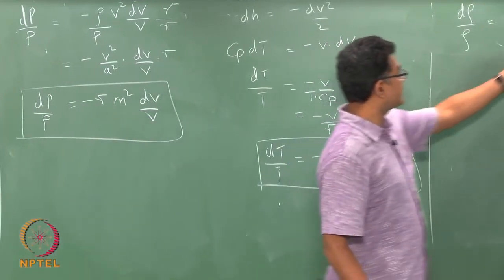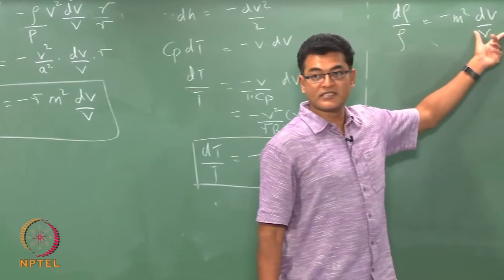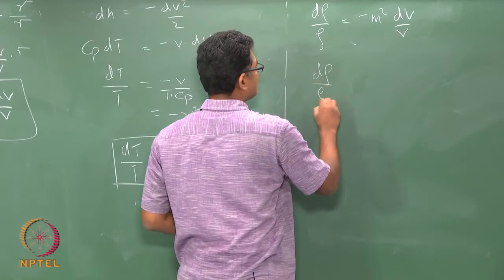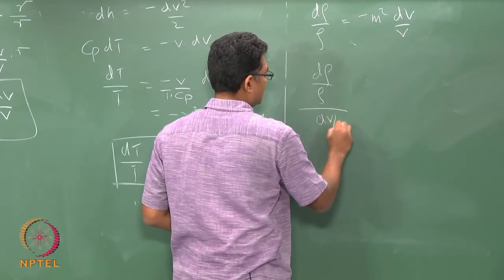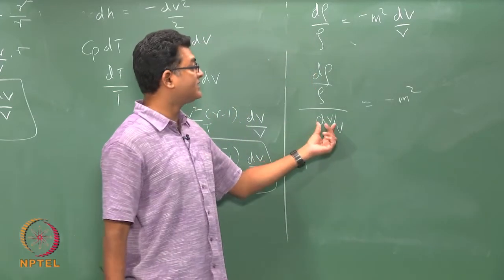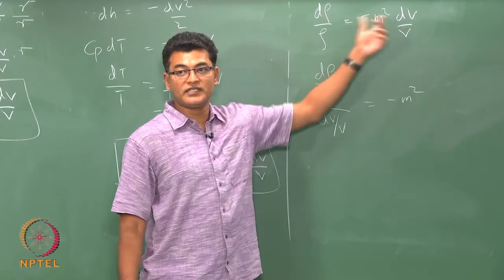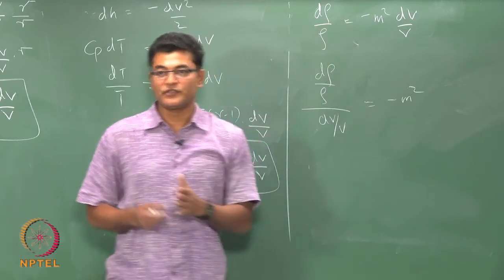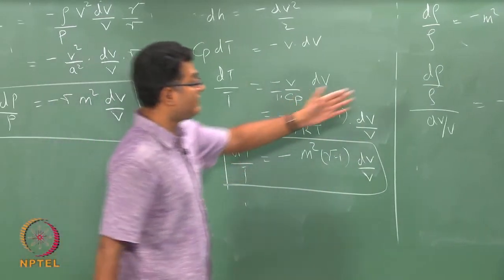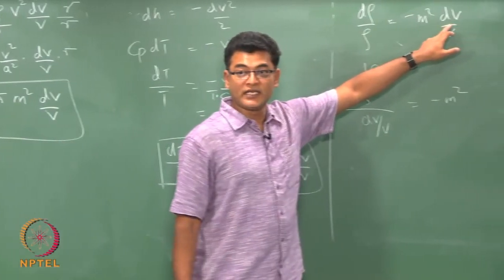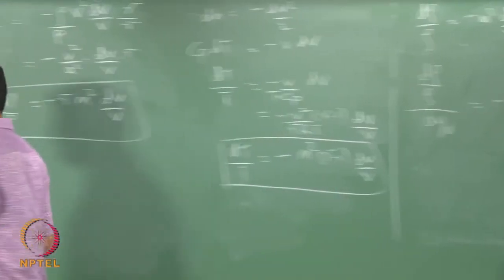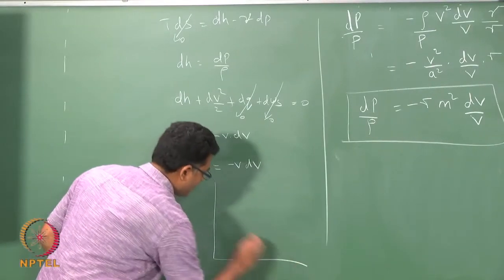So, this is your fractional change in density due to fractional change in velocity, which typically goes as minus M squared. So, if there is a positive change in velocity, there is a negative change in density. So, to have a velocity increase, you need to decrease your density, which is what you had seen in the previous PV diagram, where